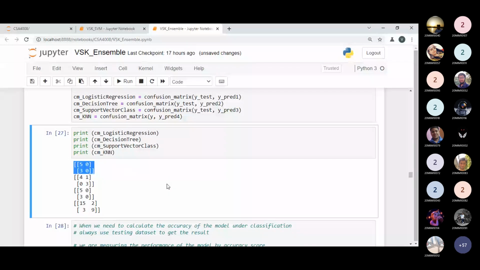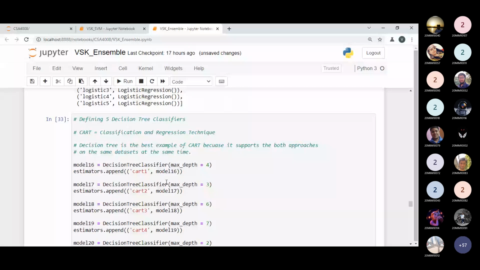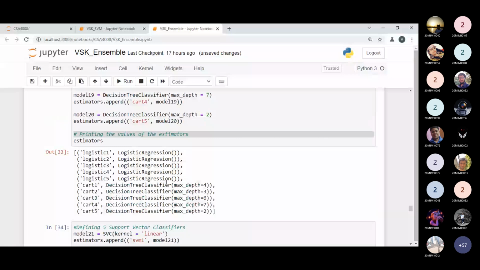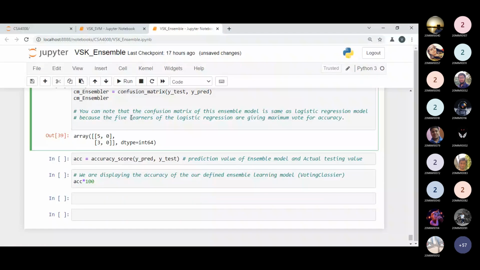Same confusion matrix I'm getting over here. So you can note that the confusion matrix of this ensemble model is the same as the logistic regression model, because the 5 learners of the logistic regression are giving the maximum vote.